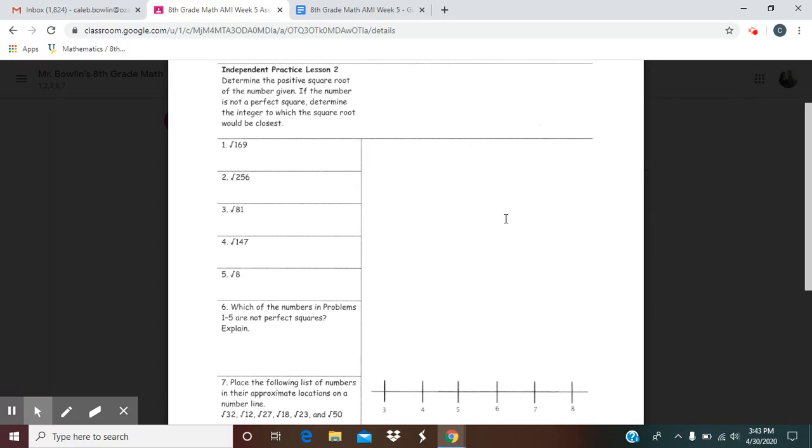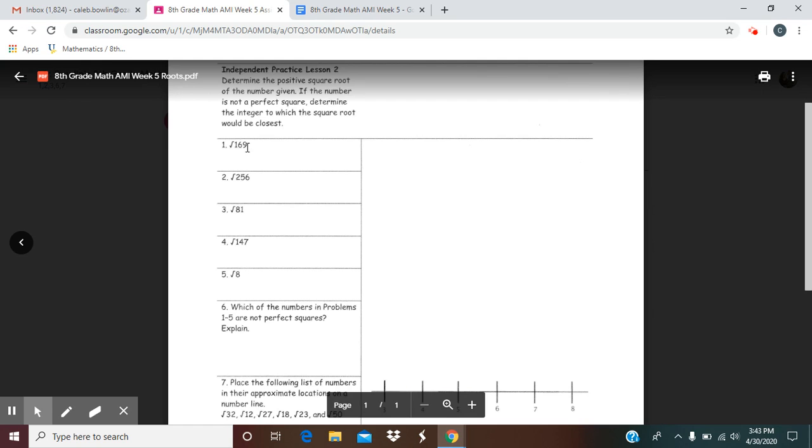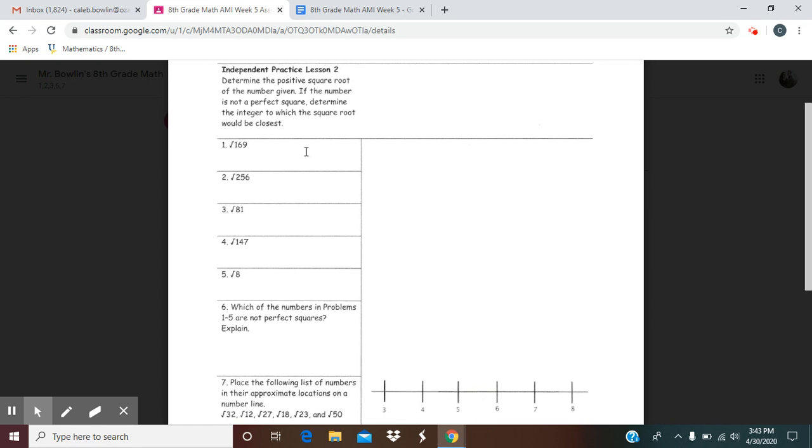All right, guys, sorry about the pause there. Now, let's take a look. Question number 1, we have the square root of 169. What is that equal to? So 169 is a perfect square. So in order to find that the easiest and most simple way, you'll want to, in your calculator, type in